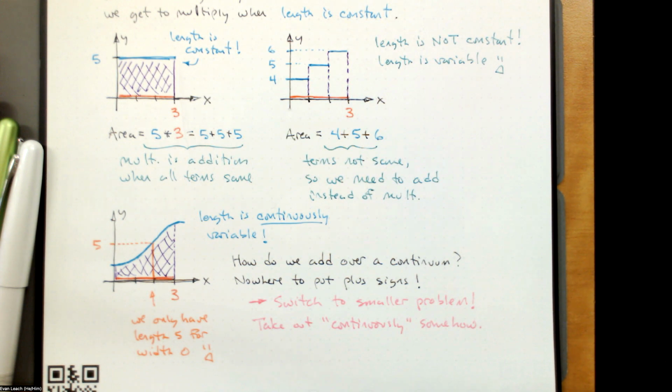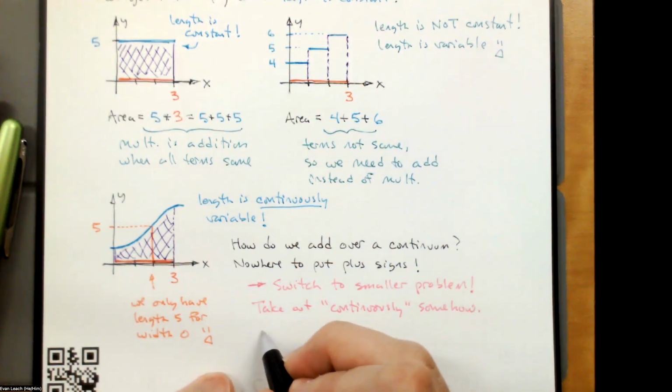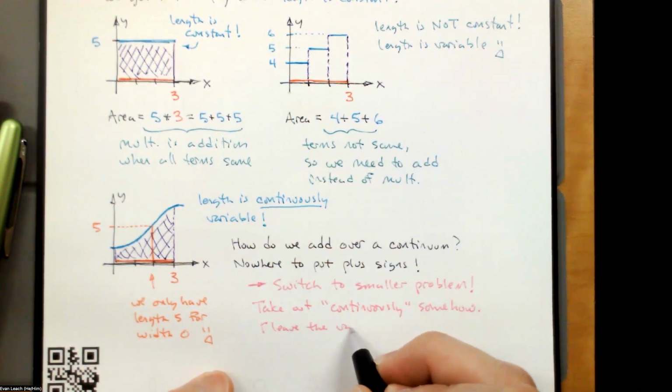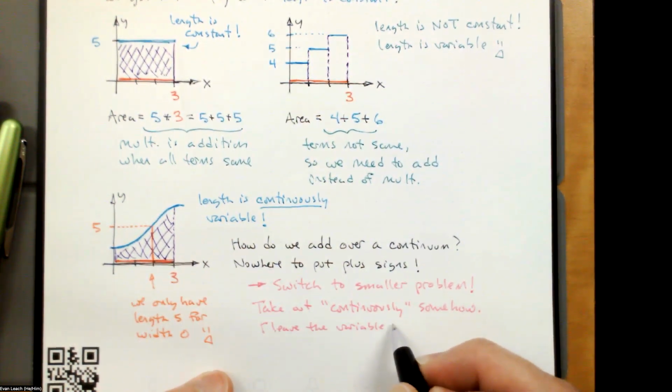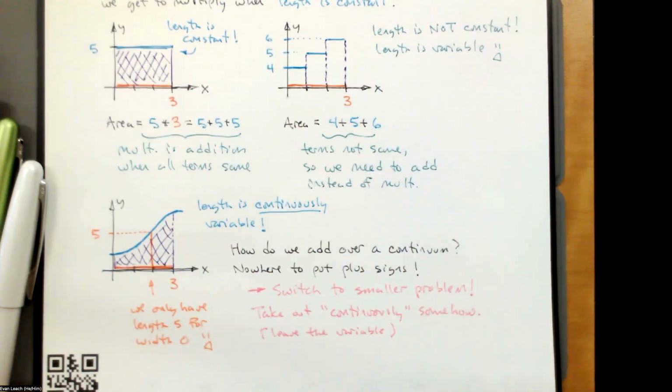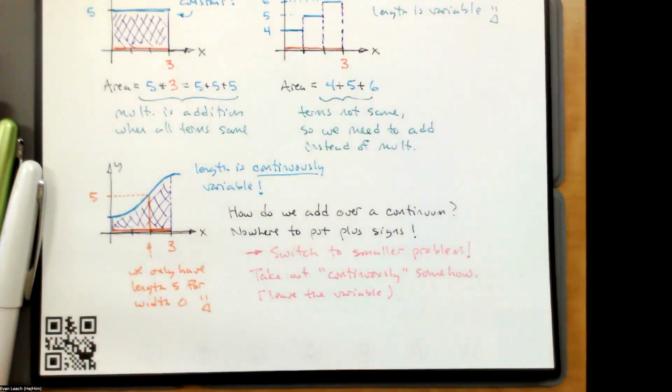That just gives us variable. We're going to leave the variable because we know how to deal with variable. We deal with variable by just doing addition. Then we just apply calculus thinking,